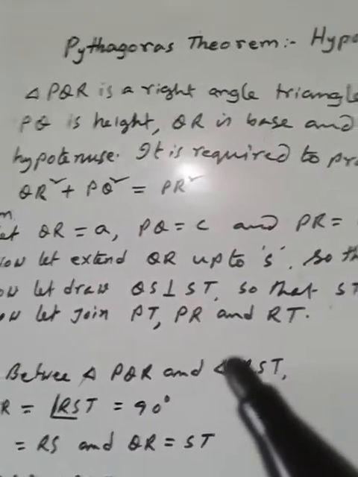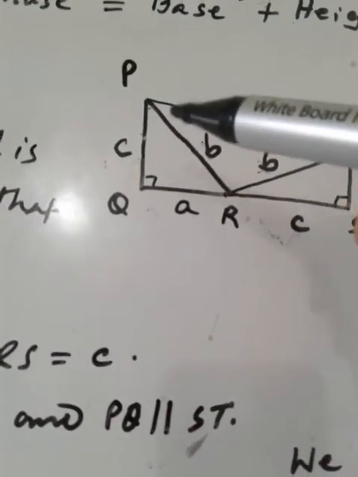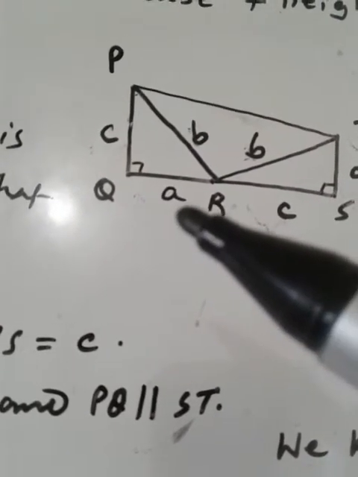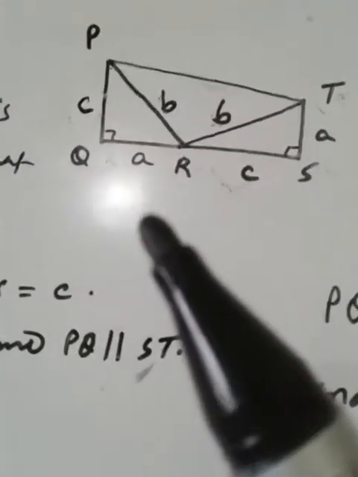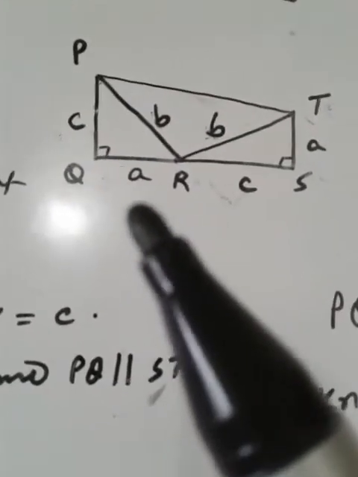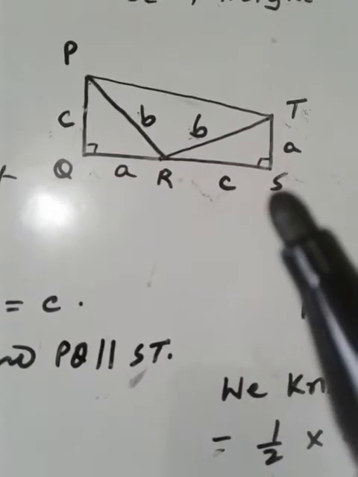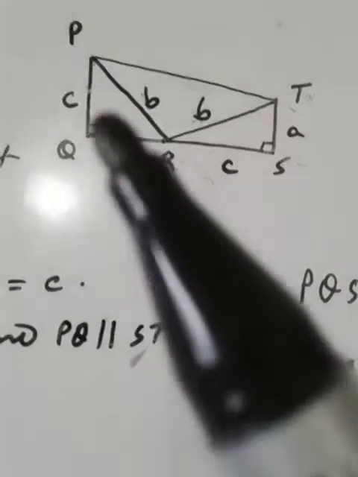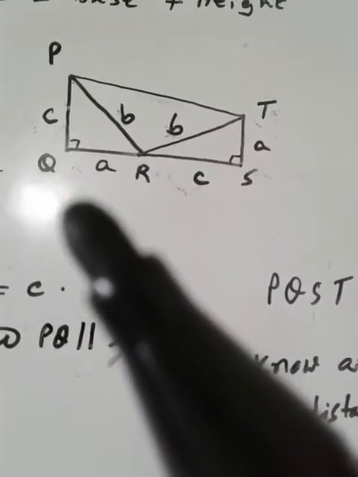Construction. Let first PQ equal C, QR equal A, and PR equal B. Now see the first construction. Let us extend QR up to S so that RS equals C, that is, RS equals PQ,